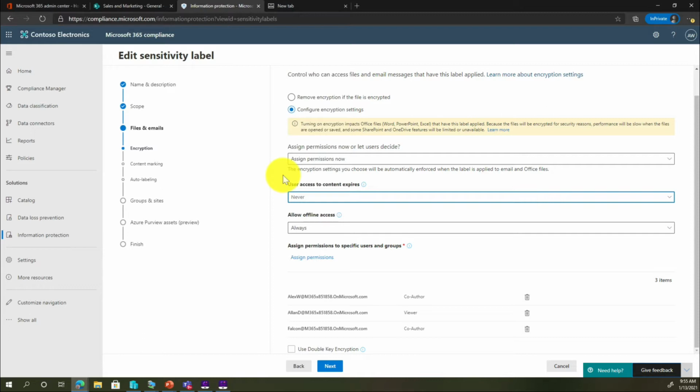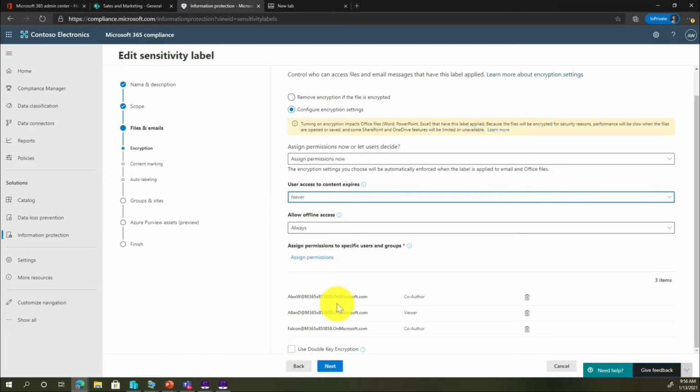And once you don't need them to have access anymore, they can still have their user account, but that file that they have, maybe on their personal laptop or their organization's laptop, is useless to them because it's encrypted and rights managed, and they don't have access anymore. Here you can also say offline access, right? So if it's a really sensitive document and you're working with users who may use BYOD devices, contractors using their own laptops, you can say things like, I don't even want you to download the document. The document has to be viewed only online within the confines of the online resource.